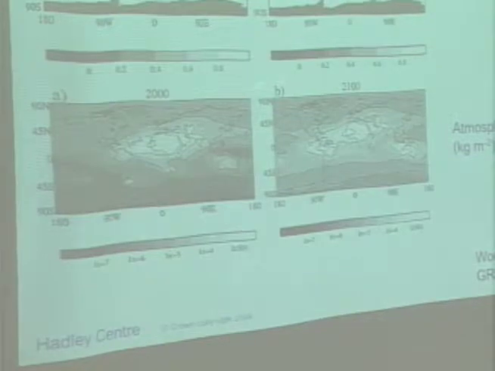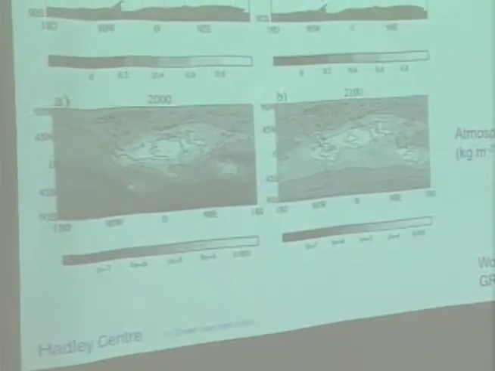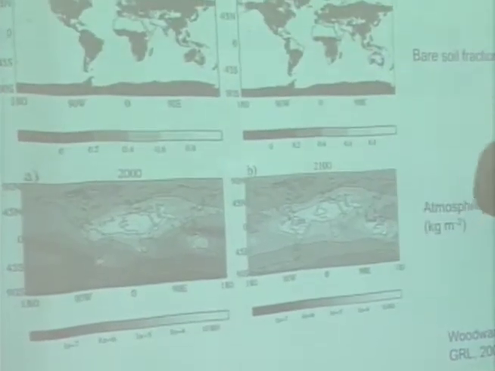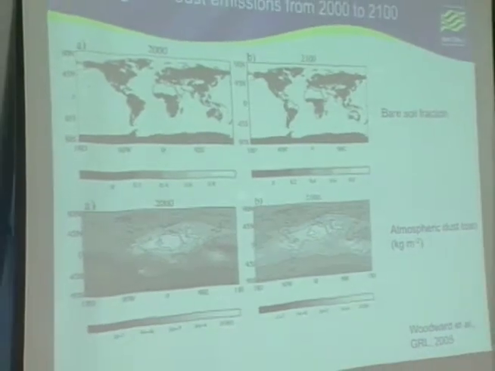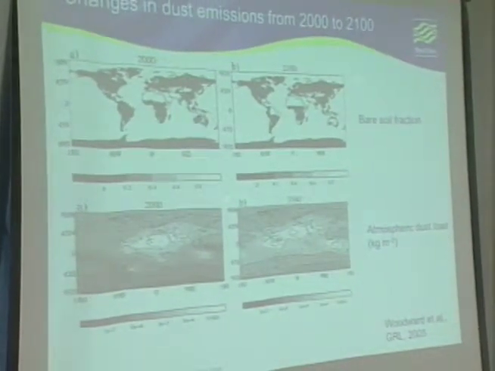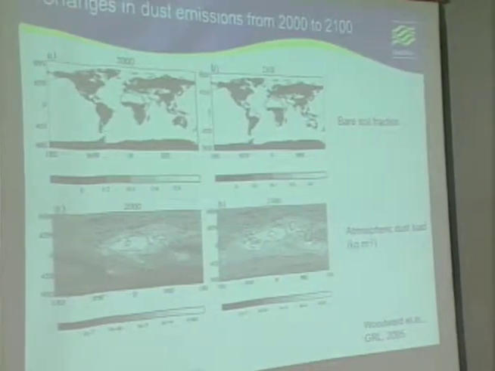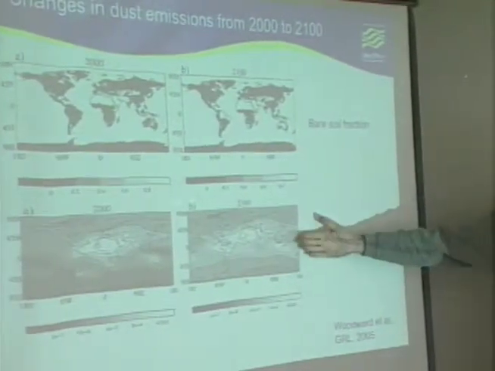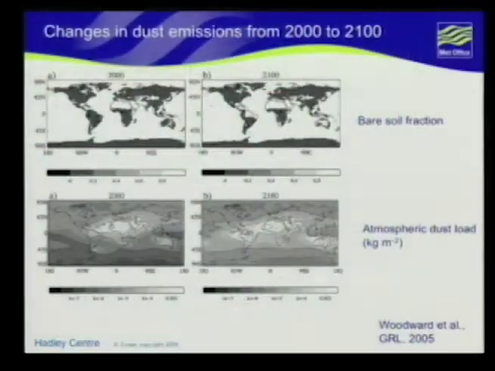The interesting thing is that these two don't sum up, because where you deforest, where you bring all this bare soil, you also increase the wind speed dramatically because the roughness length decreases. So the two effects don't sum up. It's far from linear. So a large increase in dust load, but again, it's particular to this extreme scenario here.